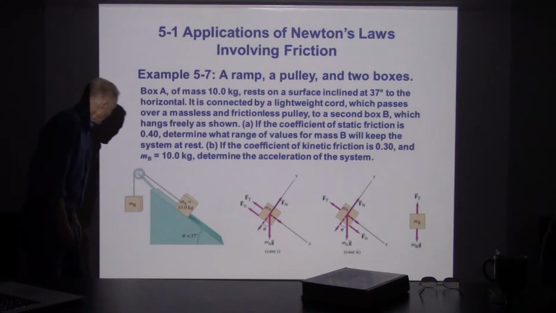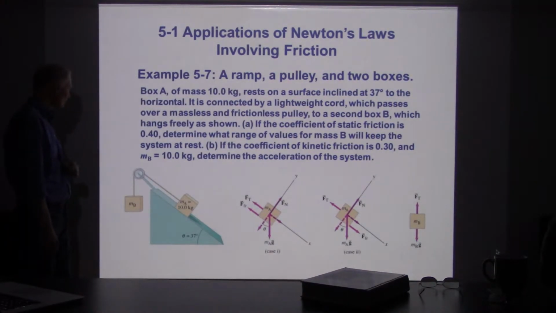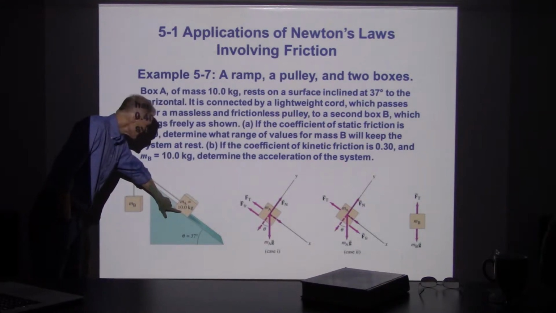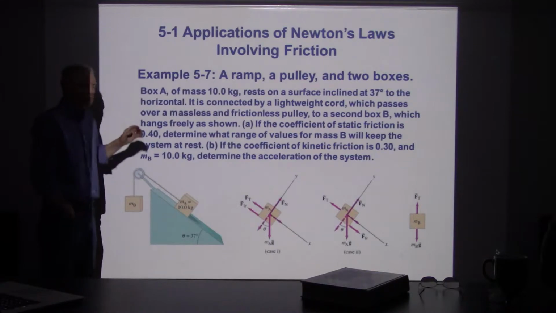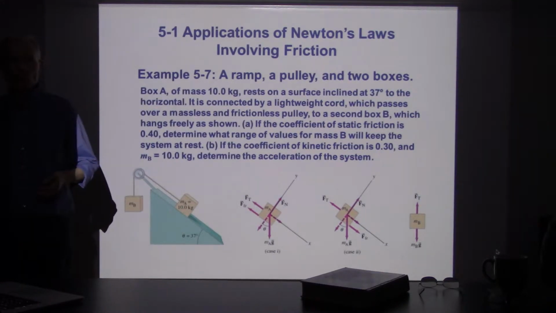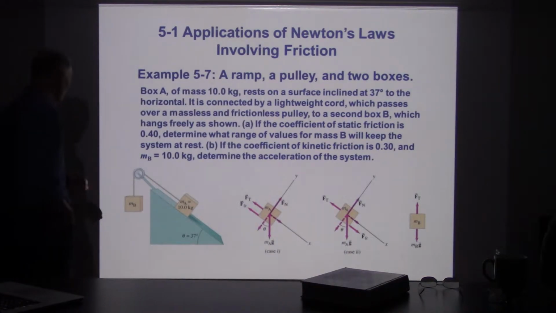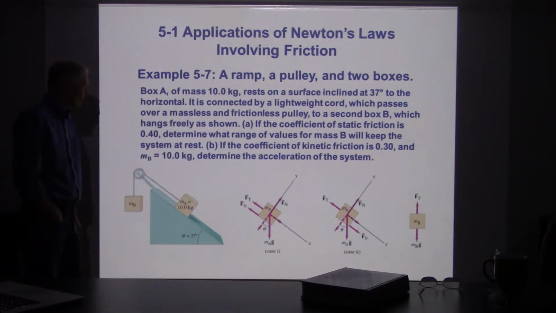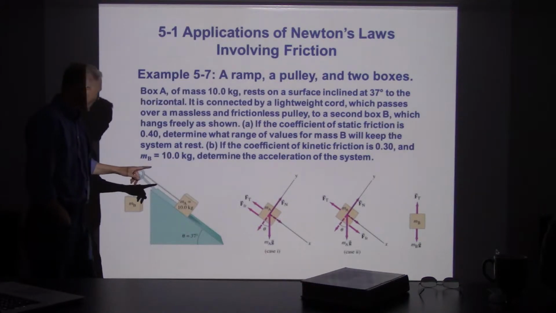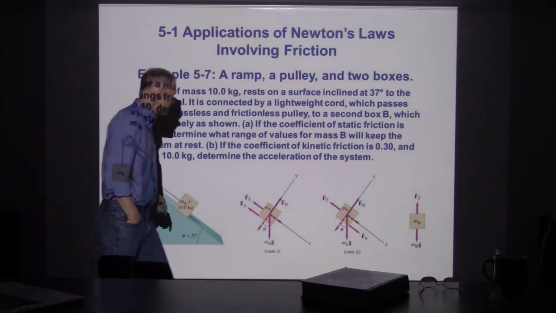Here's a problem. We've got two objects with masses, m1 and m2. One of these, at least, is 10 kilograms for its mass. We have one of those frictionless, massless pulleys that doesn't have any kind of an effect on what we're looking at. And so we've got an incline, and the incline angle is 37 degrees. So what we want to do now is take a look at these objects. Now, what they're calling object A,